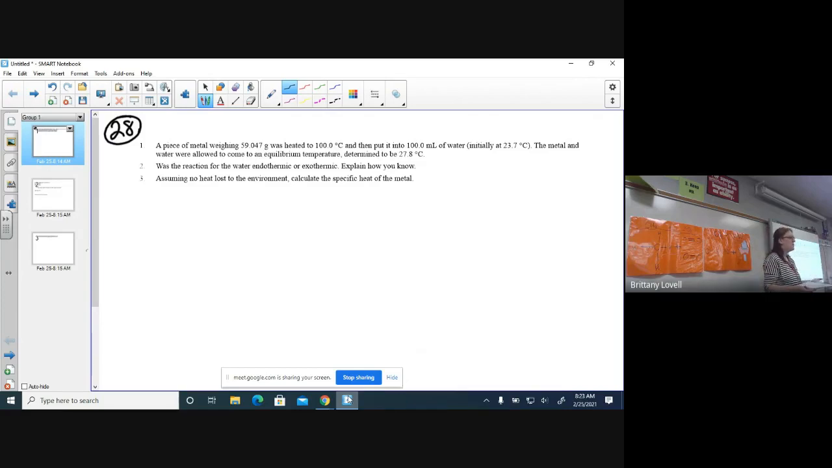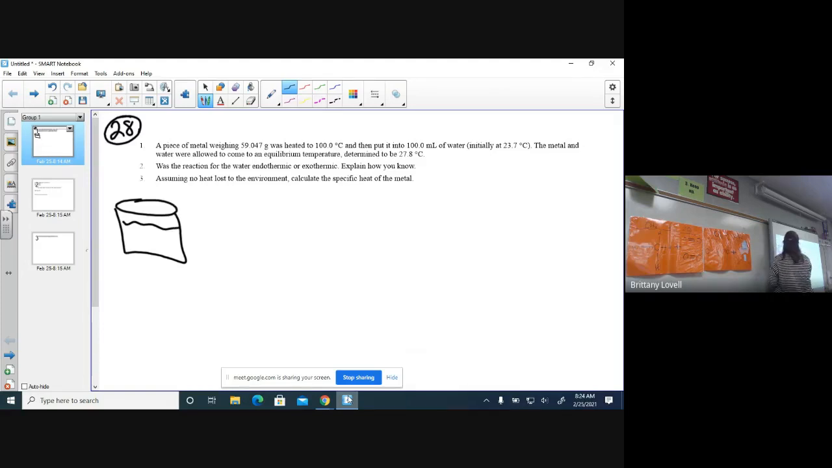Guys, this was the experiment that we did right before all of the snow and ice hit. We did the same kind of thing with a piece of copper or a piece of carbon steel. This is the experiment that we did. Okay. So the question says here, was the reaction for the water endo or exothermic? Explain how you know. Okay, you could probably answer this question without ever having to do any kind of math, right? If you're taking cool water and you drop a piece of hot metal into the cool water,